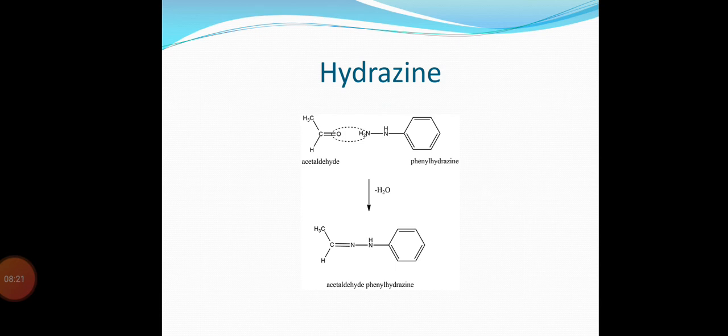So see, in this slide I show acetaldehyde is going to react with phenyl hydrazine. What's happening? The nature of the bond will remain the same, but the element in the double bond is going to be changed with the removal of a water molecule. The formation of C double bond O is going to be changed and the formation of C double bond N is taking place. So when aldehyde reacts with phenyl hydrazine, the removal of water molecule takes place and the product is acetaldehyde phenyl hydrazone.